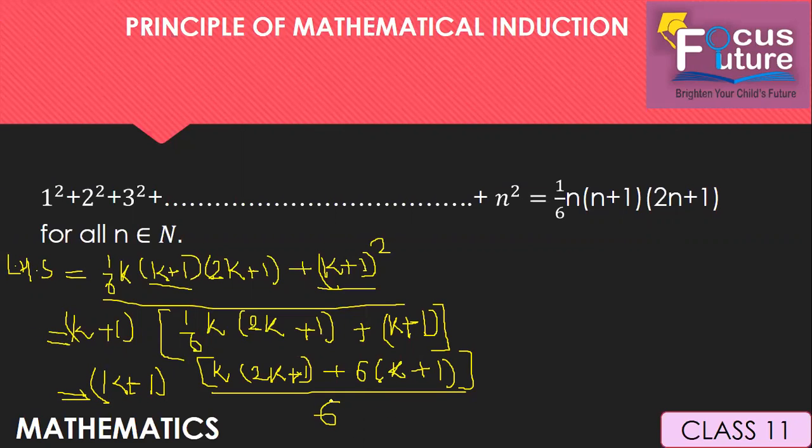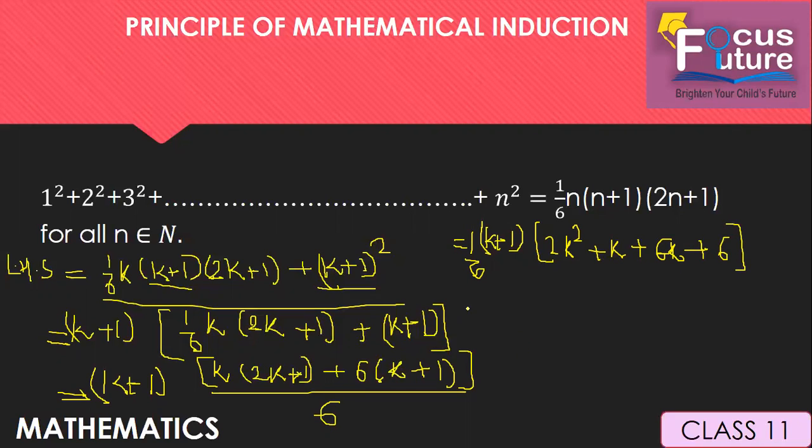Now let us simplify this term. So it would be k plus 1 and 1 by 6 outside, and inside you would be left with 2k square plus k plus 6k plus 6, right? Now on further simplifying, you would get 1 by 6 k plus 1,